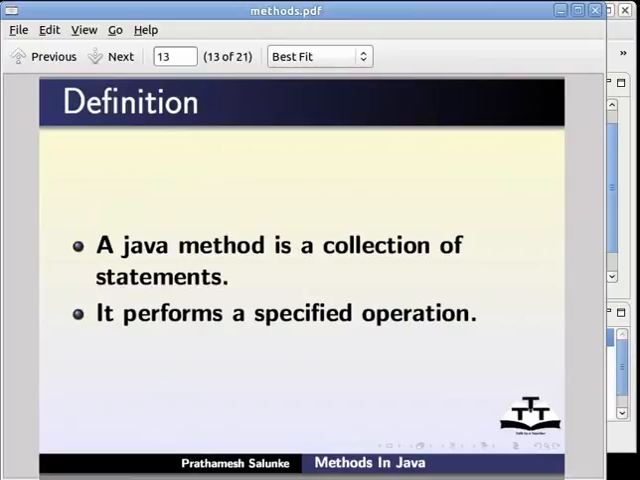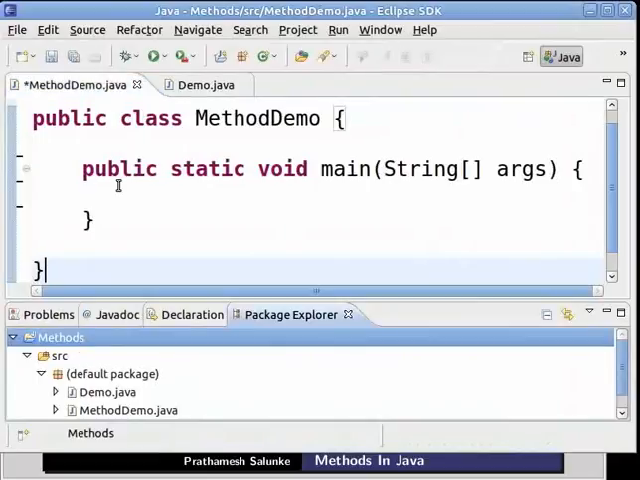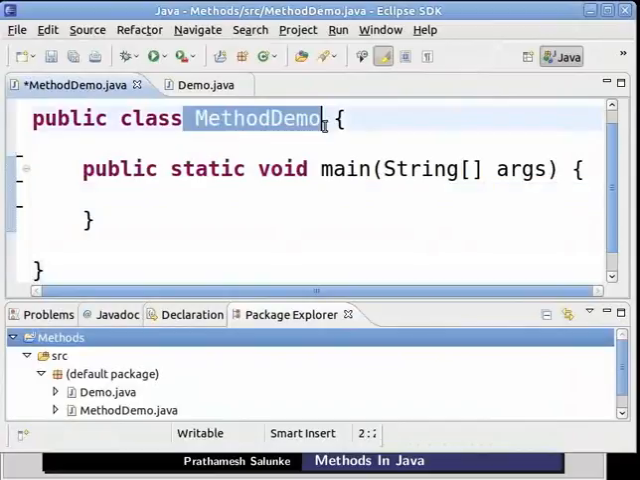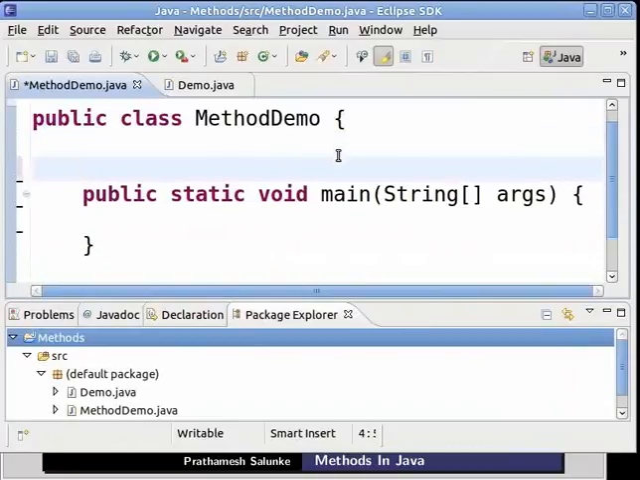Let us now write a method. So in Eclipse, I have already created a project methods. In the project, I have created a Java class named MethodDemo. In the class, outside the main method, we will write a method. So type void, name of the method. Let's name it as displayMessage, parenthesis, enter